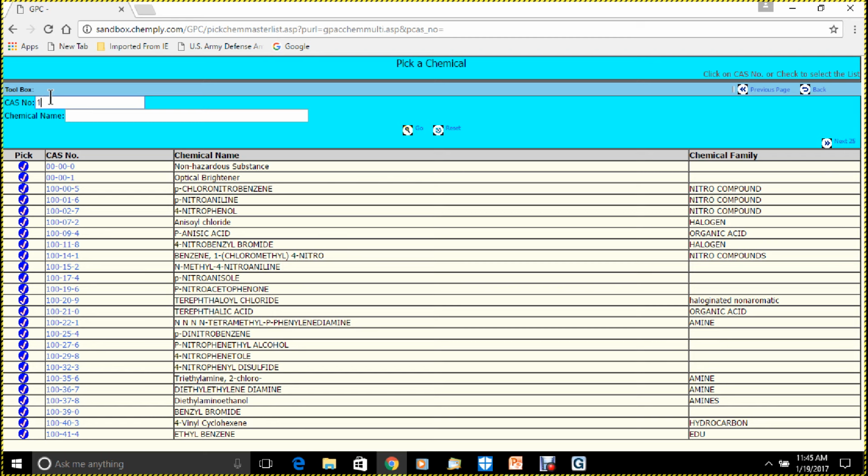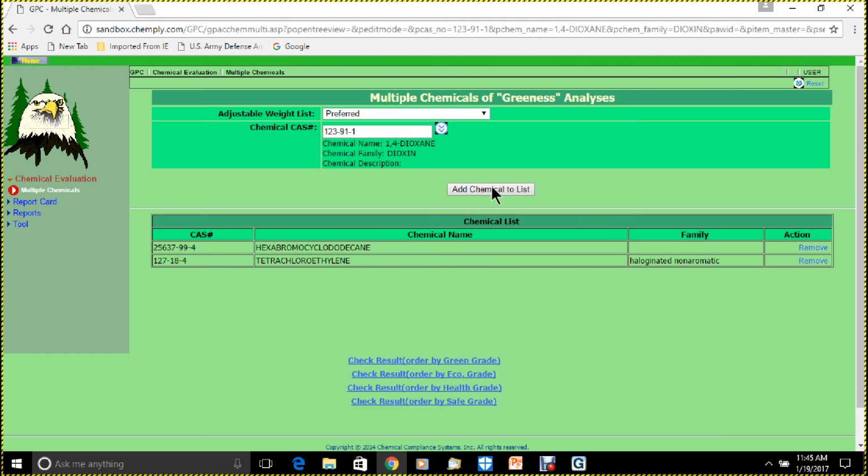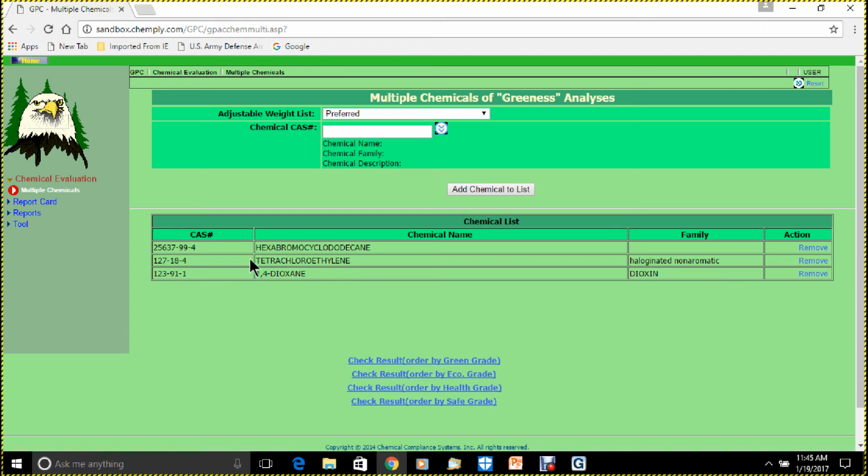So as he's just putting in these CAS numbers, the reason we're doing it this way is that we want to show you how the system can actually compare chemicals. And he's put in these 3 CAS numbers down here at the bottom. All of these, I think, are on the top 10 that EPA has selected. And so now he's just going to process those, and